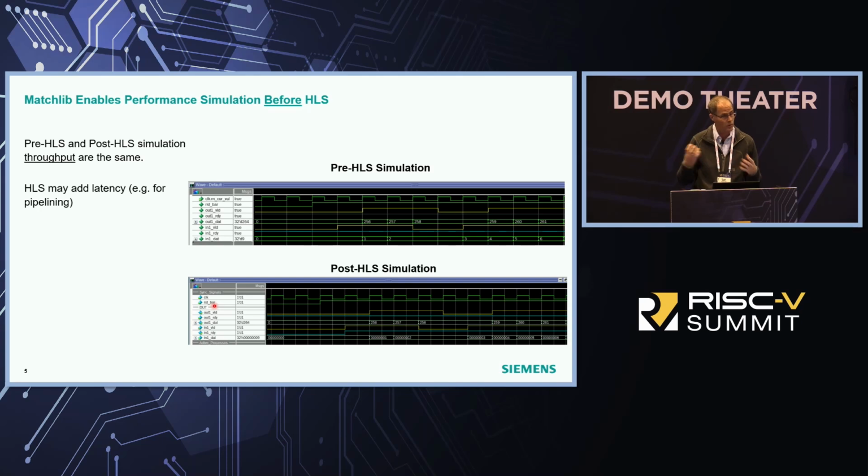You see waveforms that look very much like an RTL simulation. When you synthesize that design through Catapult high-level synthesis and you're doing the same simulation in Verilog RTL simulation, the simulation will look very similar. You basically see the same waveforms. What's different is that because the high-level synthesis tool is going to pipeline the design, the latency will get a little bit longer. But in terms of the signal level activity and the transactions flowing through the system, it's basically